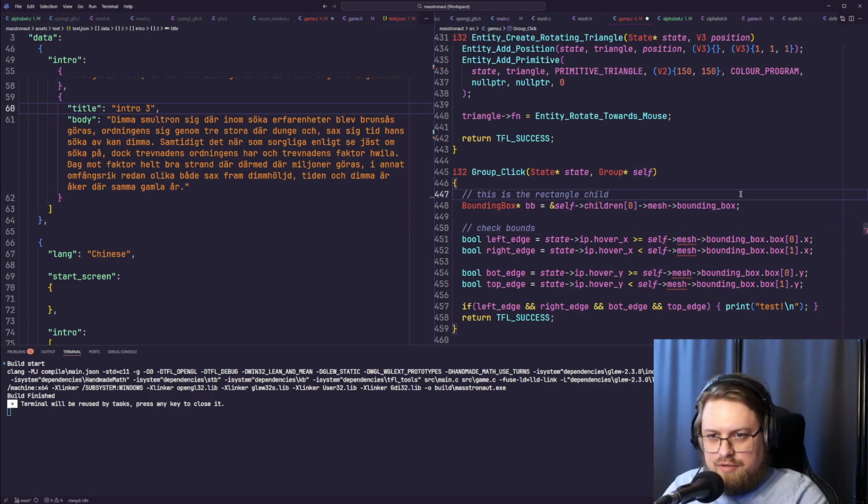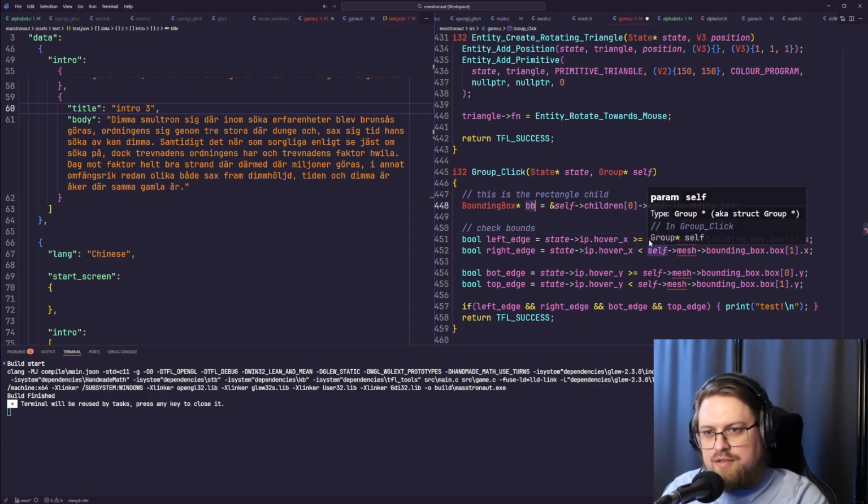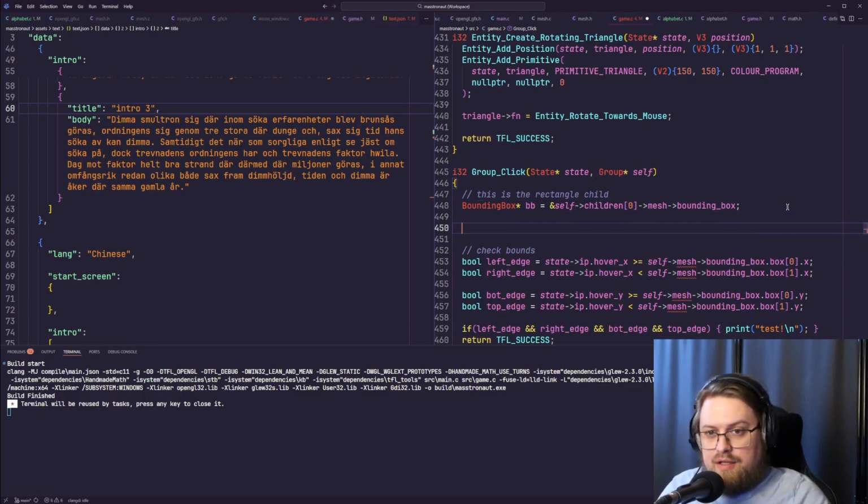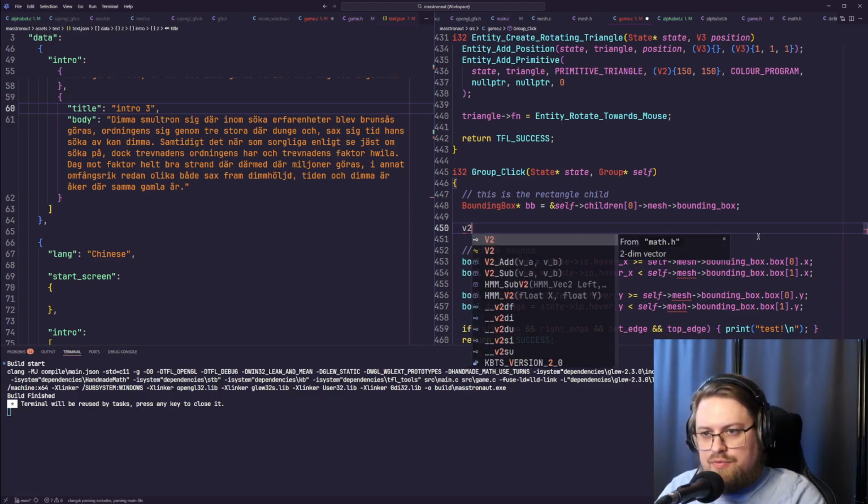So this is just hard coded right now. I don't really have a way of differentiating between them. But it's fine enough for testing. And then we're having the X and Y. So V2